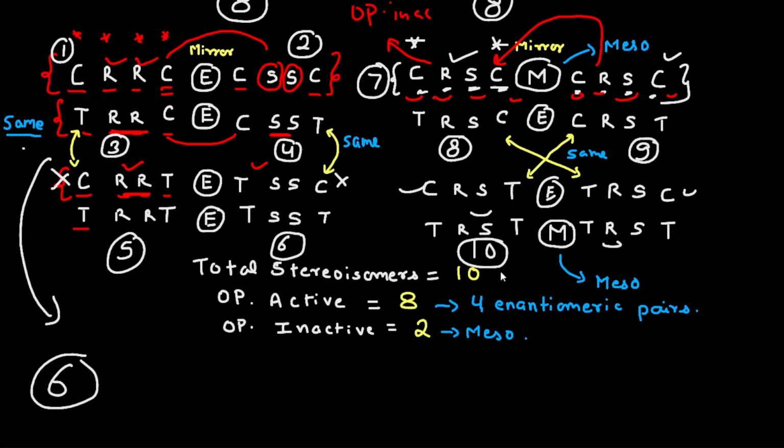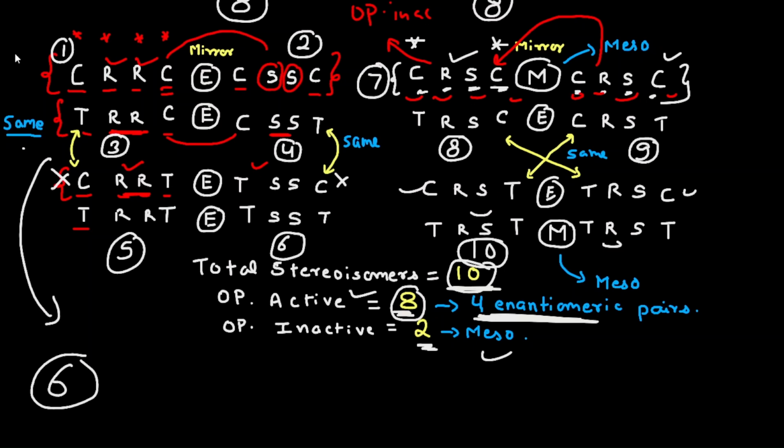So altogether, if you count the total number of stereoisomers, the total figure you obtain is 10 and not 12. And out of these 10, 8 are optically active because 2 you got as meso, since their mirror images were superimposable on each other, and these 8 will remain as 4 enantiomeric pairs. How will these optically active 8 stereoisomers be obtained? As 4 pairs of enantiomers. So this is the whole technical analysis we have done about the possible stereoisomers.